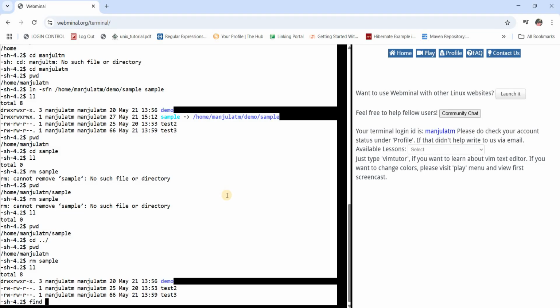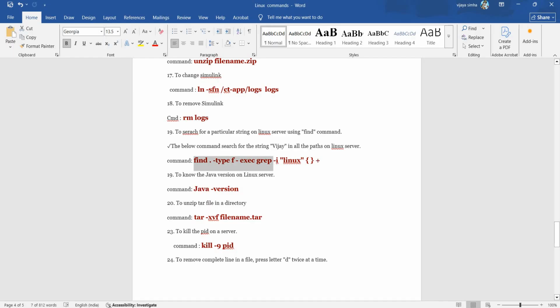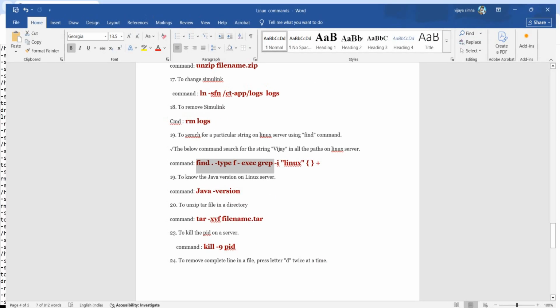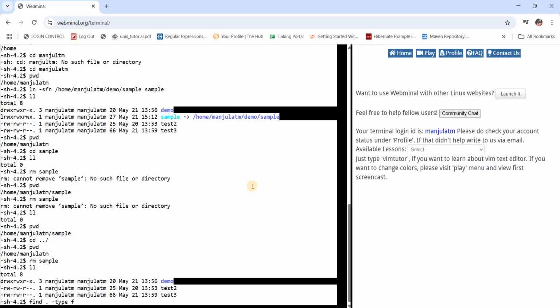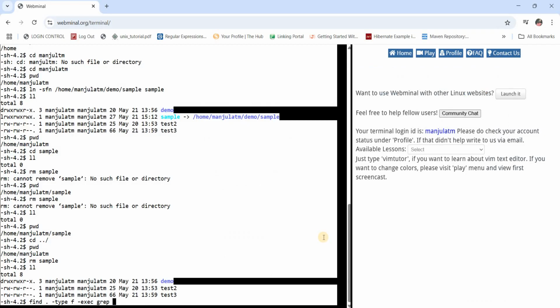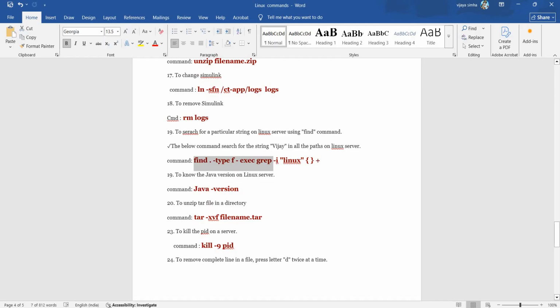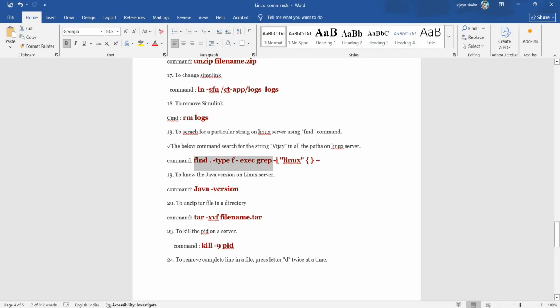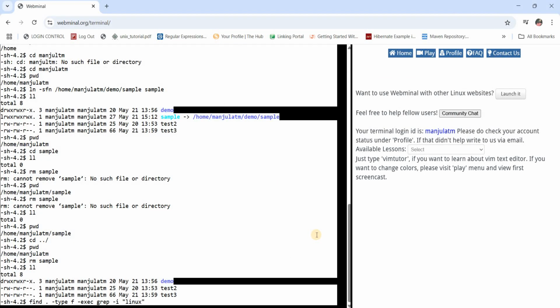find . -type f -exec grep -I want to grep for the Linux word, where I want to grep under the Manjula folder. Okay,